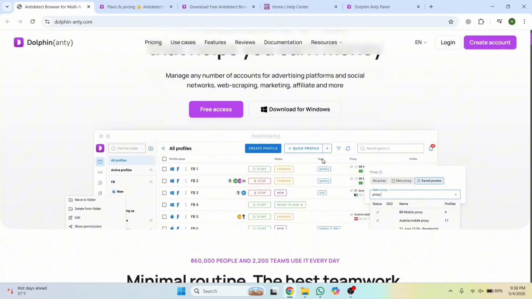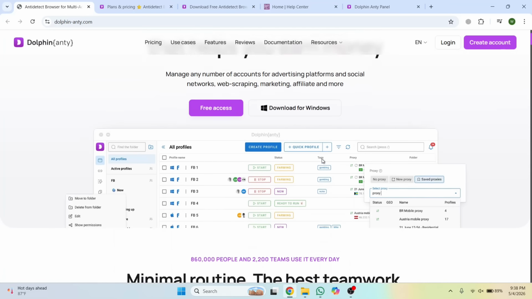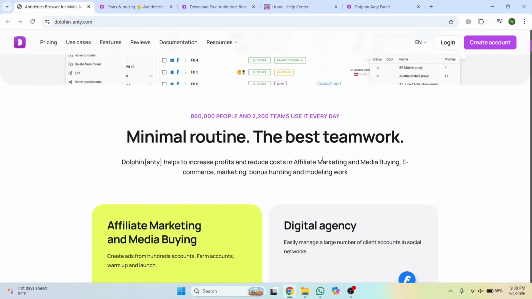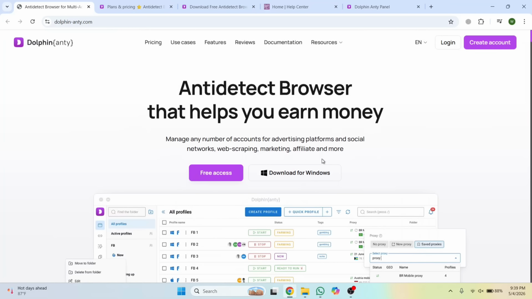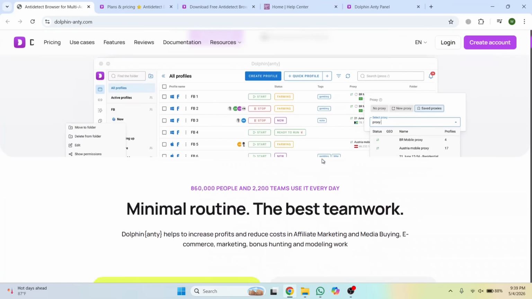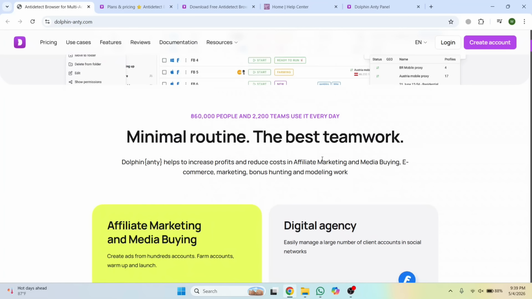If your workflow involves managing multiple accounts, running campaigns, or scaling digital operations, this tool is designed to make that process more structured and efficient. In this video, we will break everything down in a clear and simple way so you can understand how it